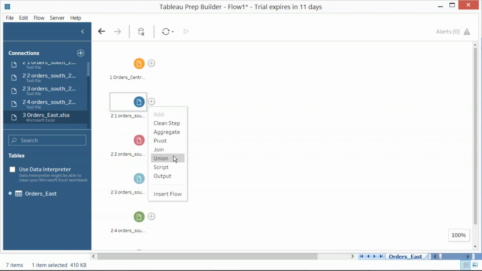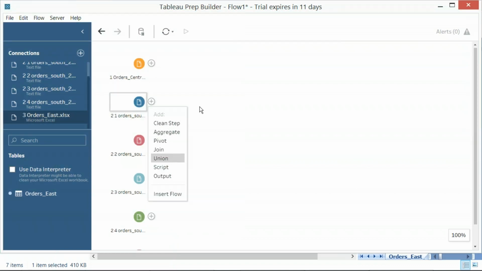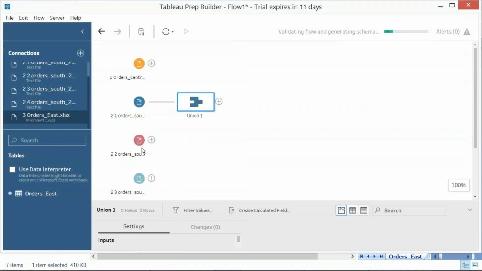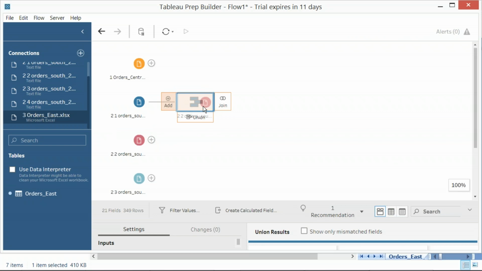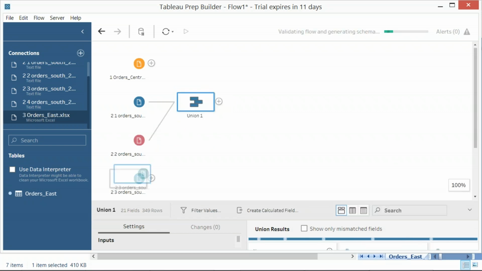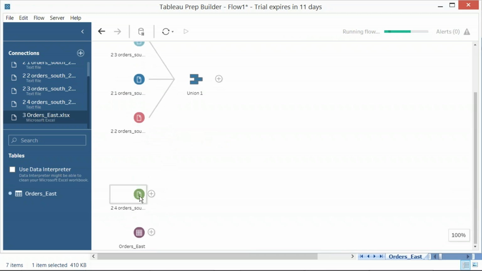So click on the plus symbol and say union, and you would like to add orders 2, 3 and 2, 4. Yes, here it is. Just add 2, 4 as well.